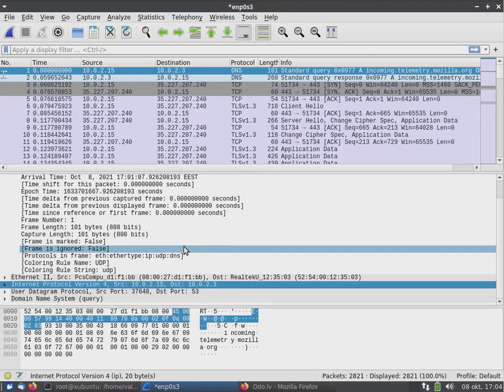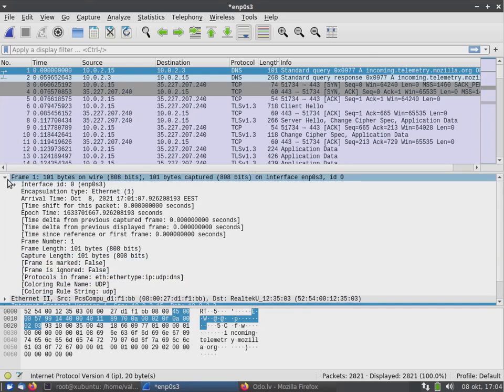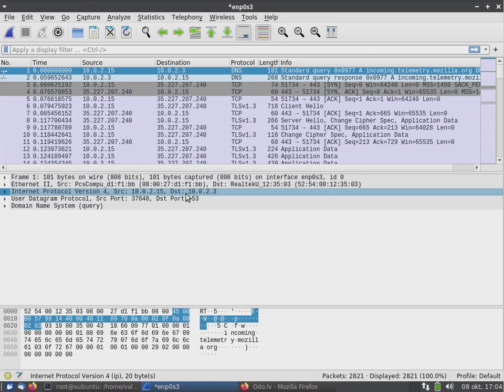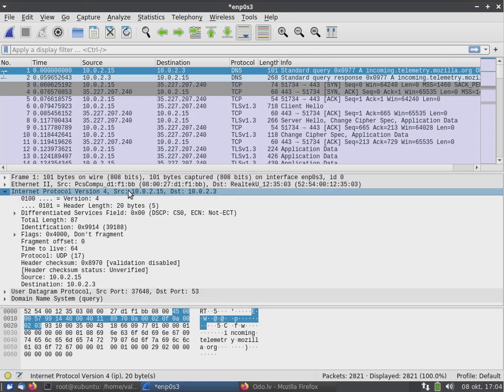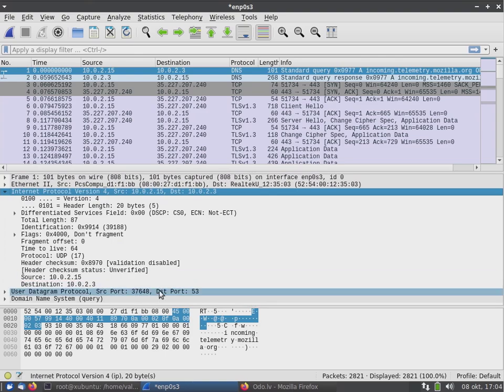But this internal data also has some structure. If you are using Internet Protocol, then an important part about Internet Protocol is that it also has an addressing system from device to device. In this case, the source address for this device is 10.0.2.15, the destination address is 10.0.2.3, and then some data here.